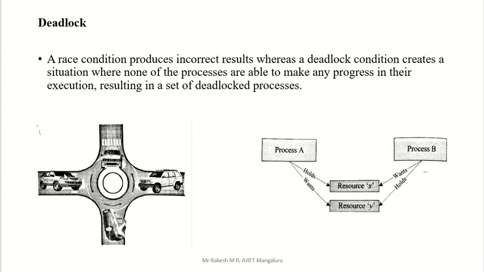Why deadlock? Here all vehicles are near the circle itself. Everyone wants to go to the other side, but no one is ready to adjust, no one is ready to move aside. Everyone is in a hurry to go into the other side road. So there is a chance of deadlock. This car won't give any space for any other car to move here. Deadlock means all cars are waiting near the circle itself. There is no movement.